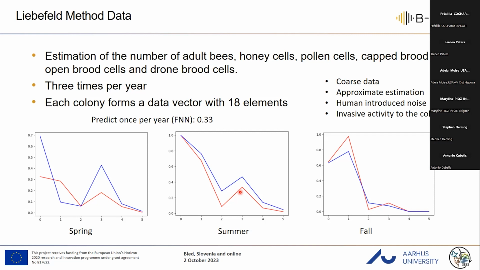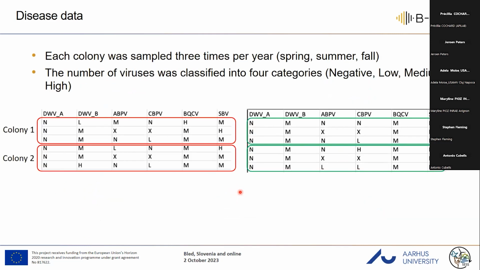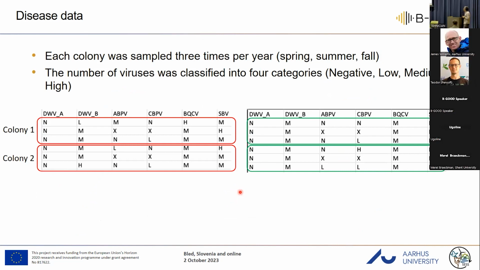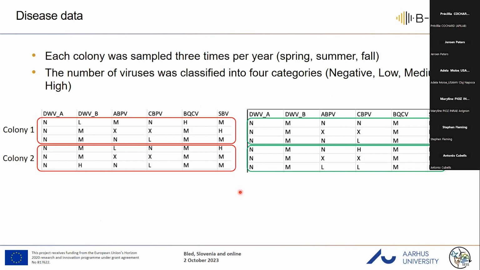Okay, so let's move to the next inspection data, the disease data. Again, each colony was sampled 3 times per year: spring, summer, and fall. For this study, I used the number of virus for these 6 types of virus. And they were classified into 4 categories: negative, low, medium, and high. And here one is X. That means we don't have data for this virus